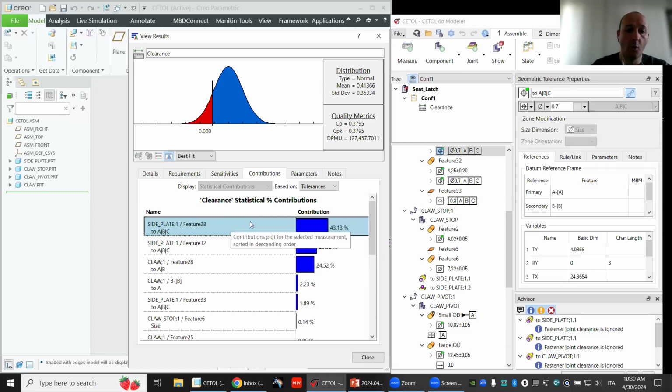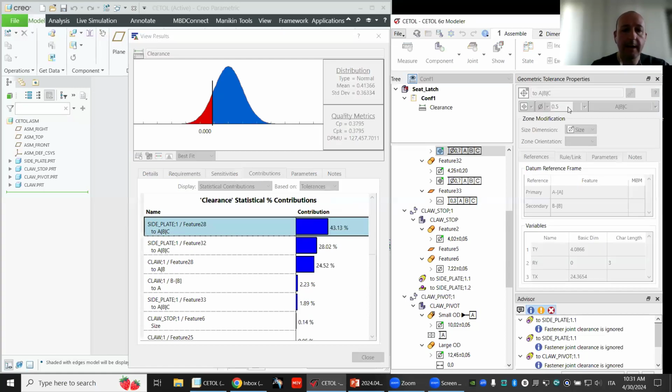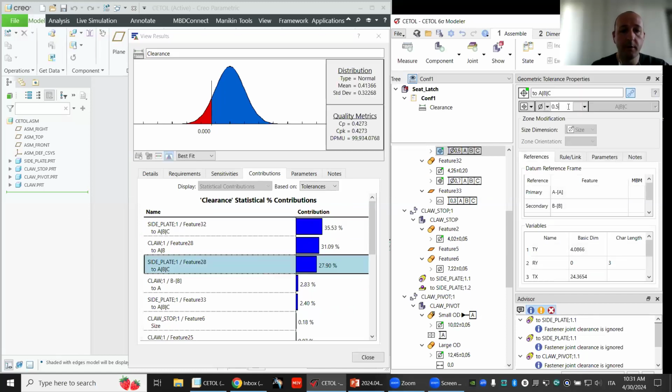For example, what happens if I take this position tolerance of 0.7 and I move it to 0.5? I can press enter and I can immediately see the final result related to this decision. And then I can move to change another tolerance